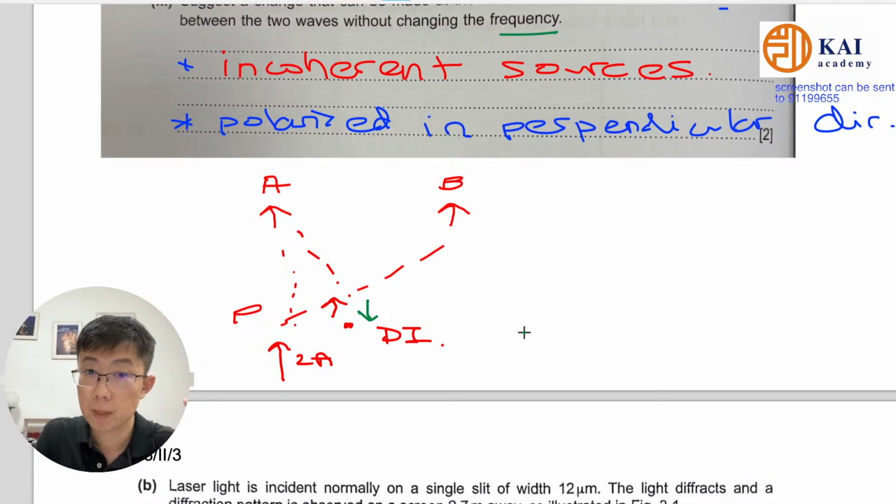Now, if they were polarized in perpendicular directions, here's what happens. Let me use a different color, maybe I'll change to blue. Let's say the wave from transmitter B is not vertical, it's horizontal. So there is a wave being produced this way. Once the wave from transmitter B reaches point P, at the constructive interference, let's look at the vector sum. It'll be a vector upwards